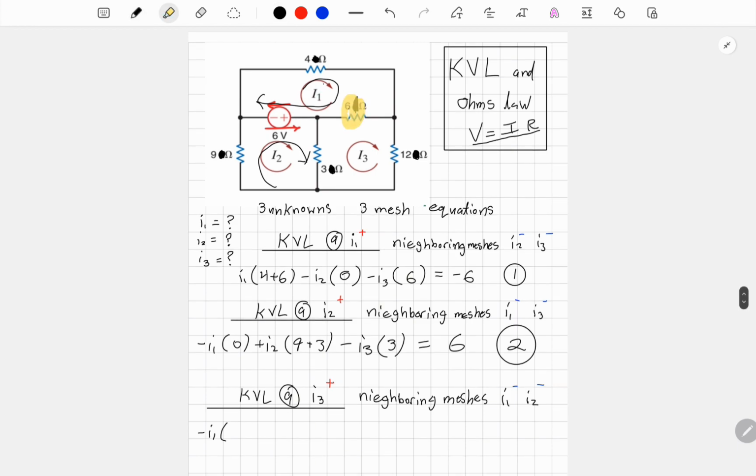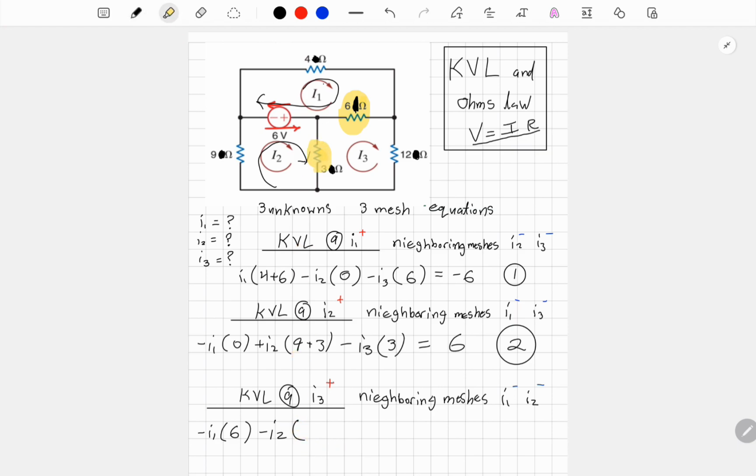I1 is over here, and I3 is over here, and they're both touching, so I'm going to include that, minus 6, and then minus I2, and the resistors touching I2 and I3,